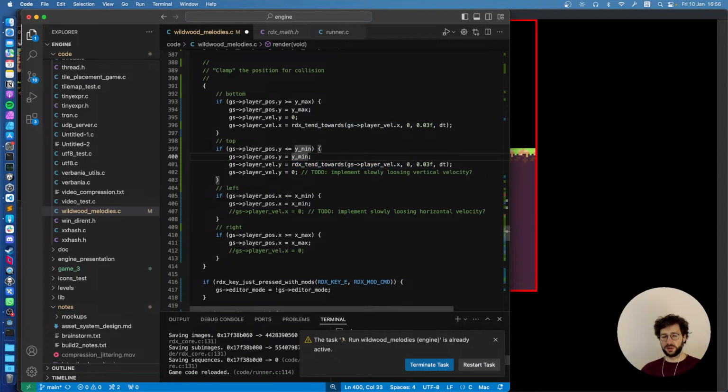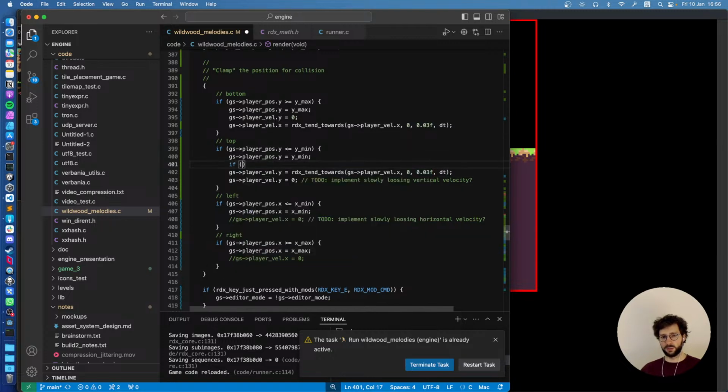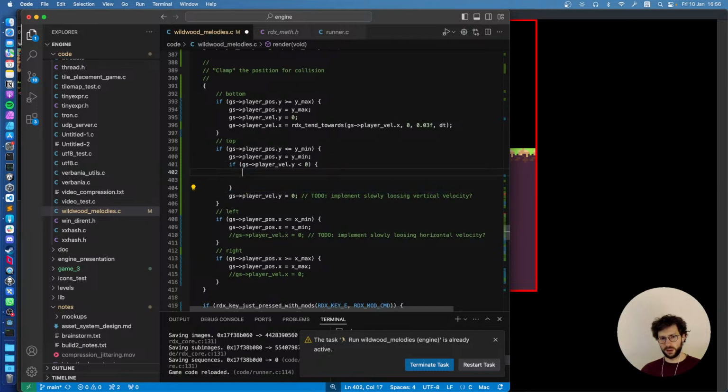But we should do it only if this is negative, but I guess it has to be negative if we are going toward the ceiling, but still. Let's check if this is smaller than 0. Probably not necessary, but we'll still check. Then,